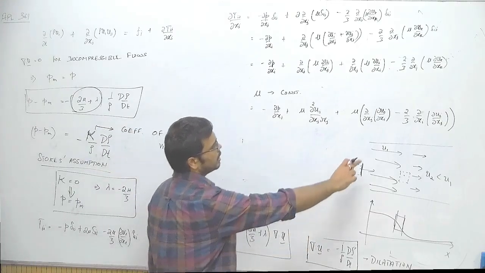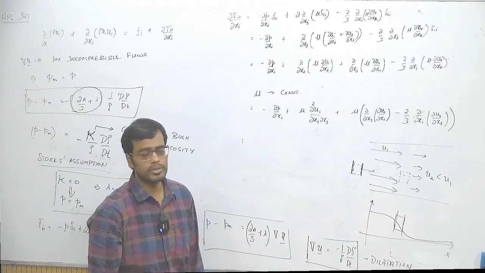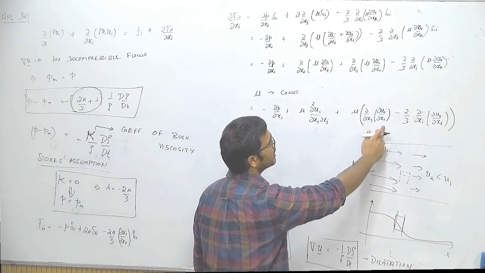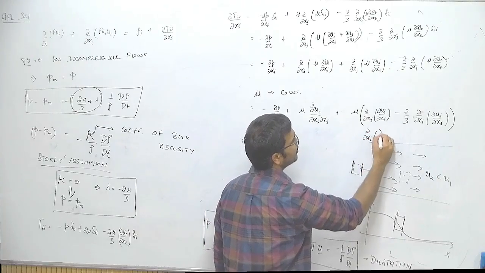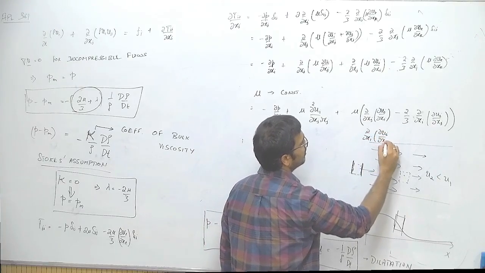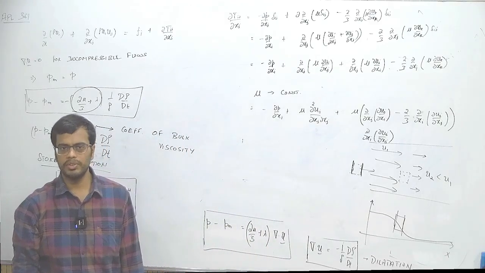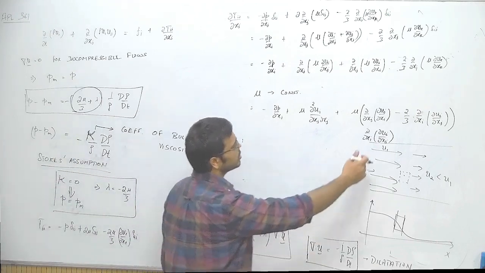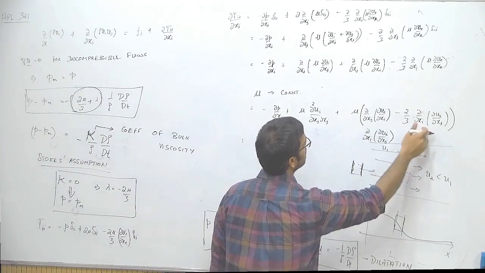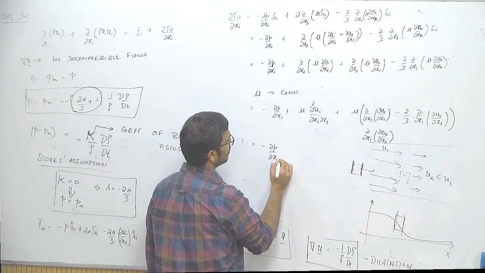And now here, as long as our velocities and their gradients are all continuous, I can swap the order of differentiation. I can write this term as del by del xi of del uj by del xj. As long as the fields are continuous and differentiable, I can swap the orders of derivative. So this term and this term are basically the same. So the final simplification that you can get